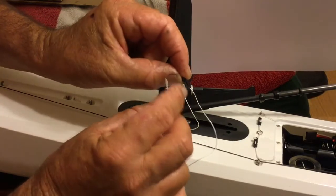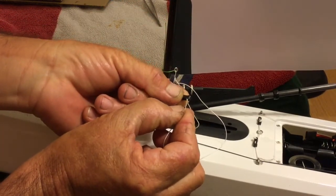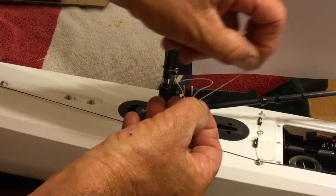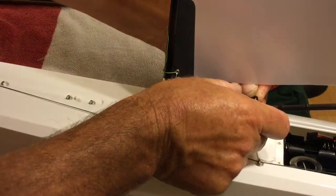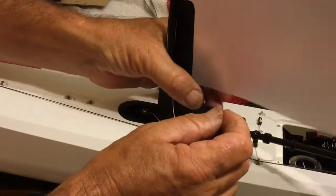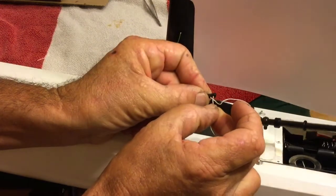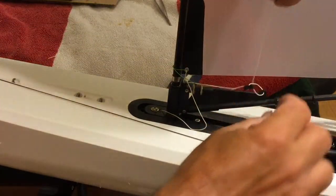The line is going to end up right over that little spot. So you go up through. So there, I got it through there. Through there. Okay, so